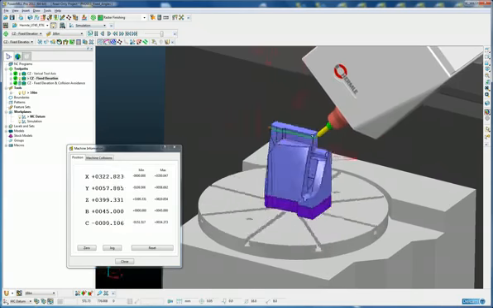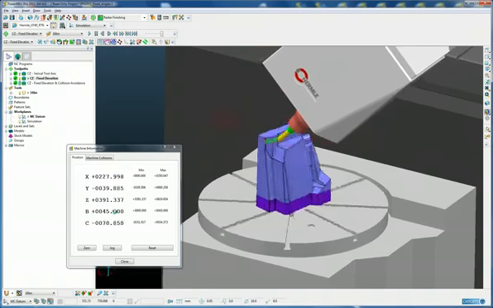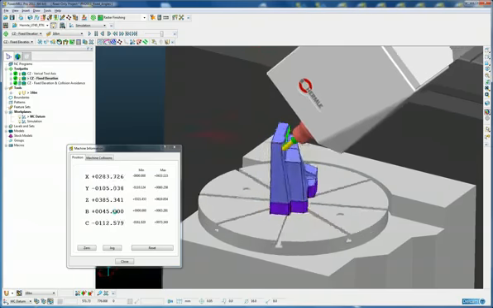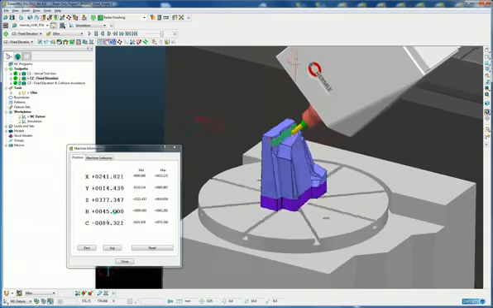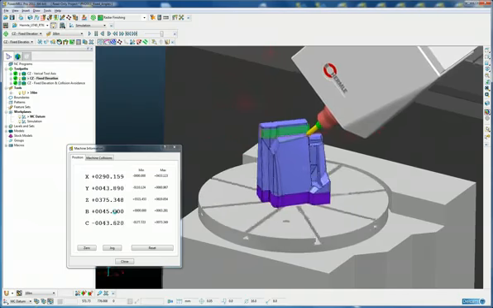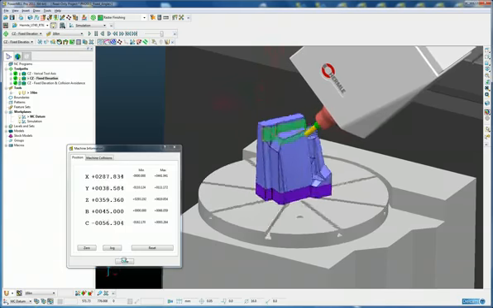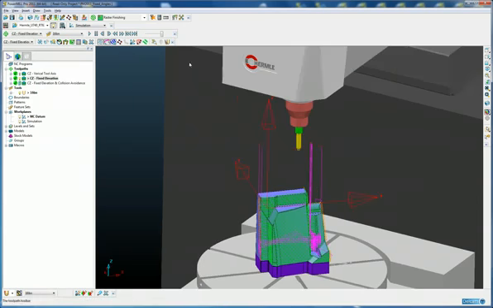So here we can see that this time the B axis is locked exactly 45 degrees and will not move away from that angle, and the whole part is machined with that B axis locked. If we just escape from that simulation and rewind back to the beginning,